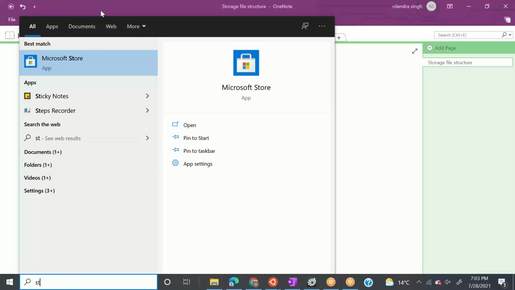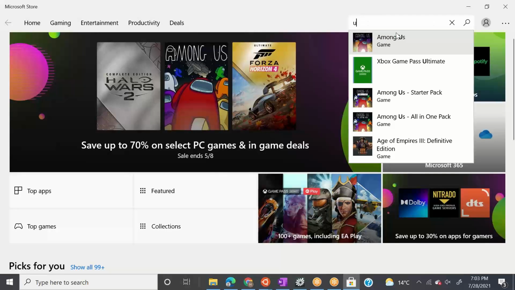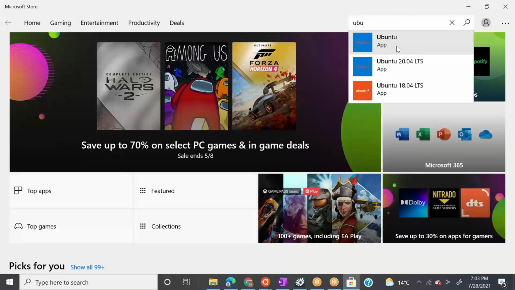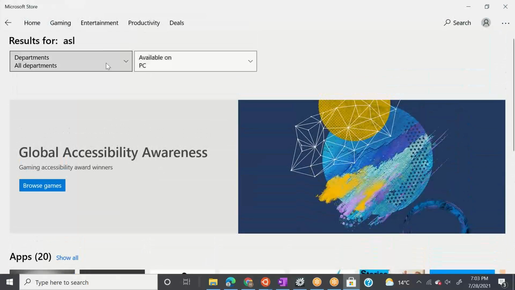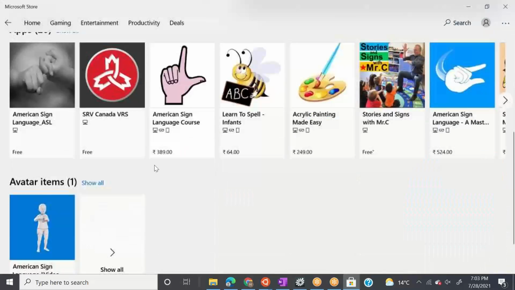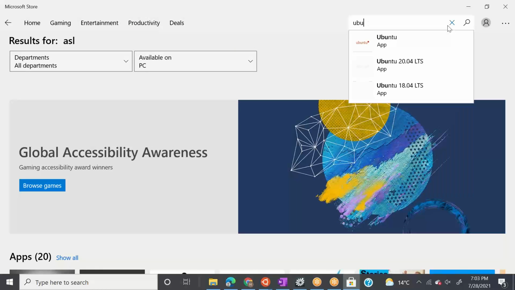When you go to the Microsoft Store, and you search and write Ubuntu, you can download Ubuntu as a subsystem onto Windows.